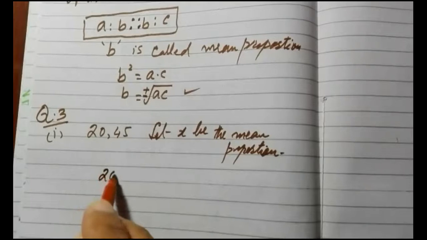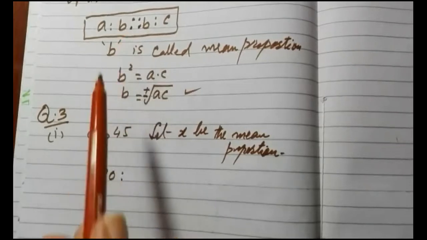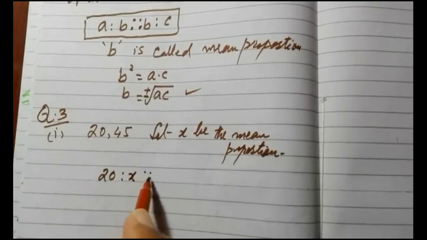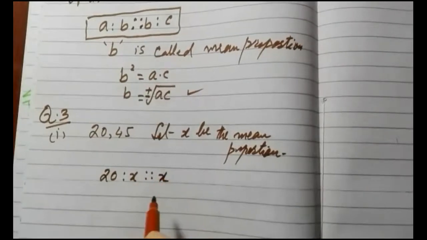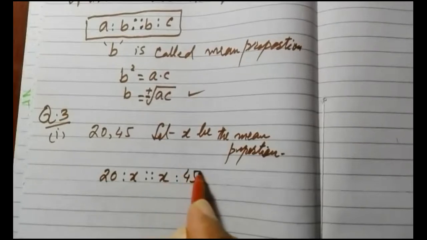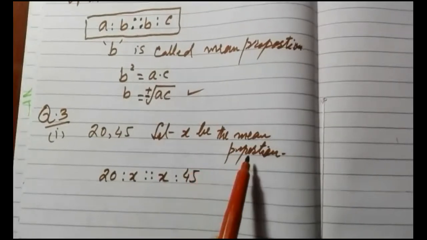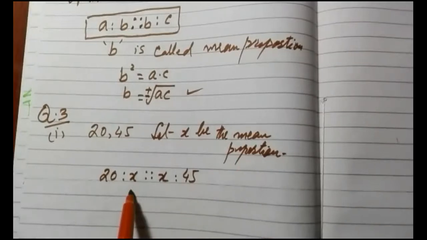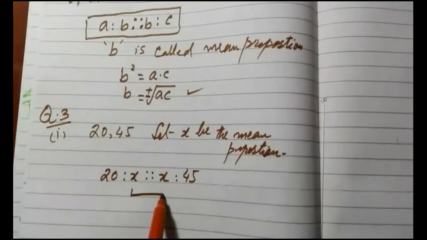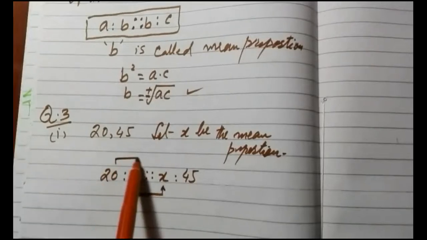You will write 20, because means are in the middle. So you will write X in the middle, and then across the proportionality sign again you will write X, and then you will write 45. This is how you have to find the mean proportion. Now the important part is that if you know the formula, how to write the expression for mean proportion, only then will you be able to find mean proportion, third proportion or fourth proportion. If you don't know the formula arrangement, then you will not be able to find it. So for mean proportions, you have to keep the value of X in between, and write it 2 times as I have written. Again, this is the product of means and this is the product of extremes.